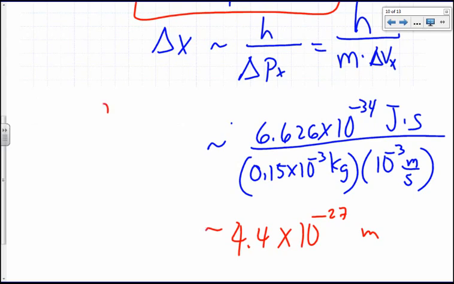So here's your bead right here. Your position can be off by as much as 4.4 times 10 to the negative 27 meters. Is that a big uncertainty? It's a very small uncertainty. So with the uncertainty principle, you'll find generally, because h is such a small number, once you get into the realm of the macroscopic world, it tends to be irrelevant, just like the wavelength behavior. But it becomes important in the world of the electron, the world of the very small. That's the important takeaway from this lesson.